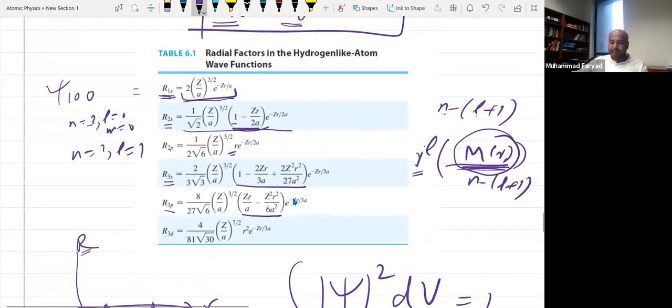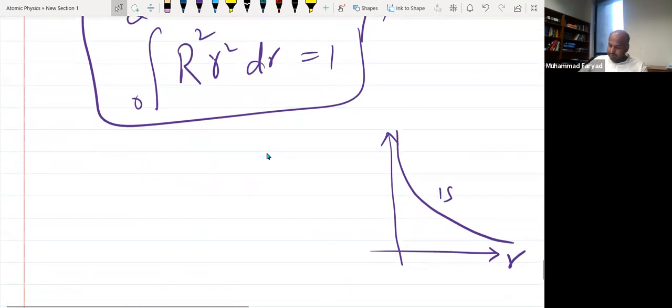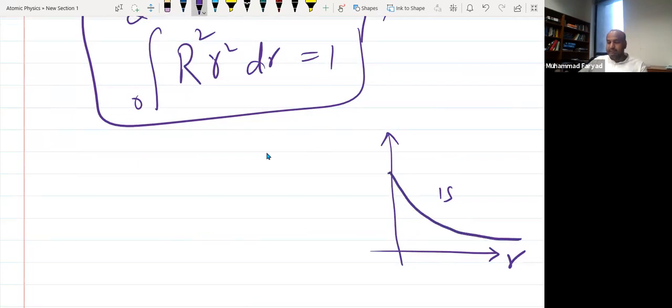function like this. And we can see that at r is equal to 0, it is some constant. So it's actually touching this axis somewhere. So let me start from here. So it's like this. And for another one,